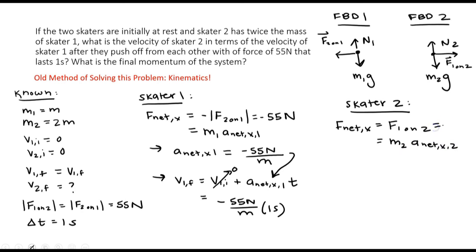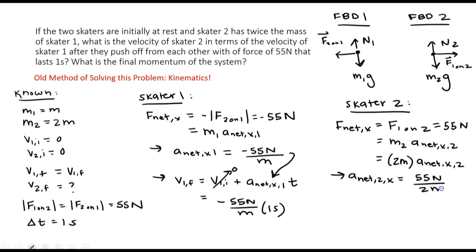F1 on 2 is really 55 newtons, and we know M2 is really M1 times 2. So this is really going to be 2M multiplied by A net x of skater 2. Let's solve for the net acceleration of skater 2 in the x direction. It's going to be equal to this 55 newtons